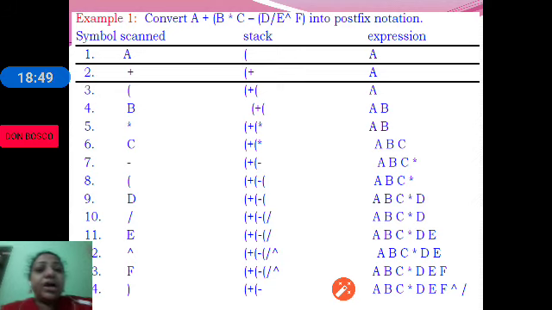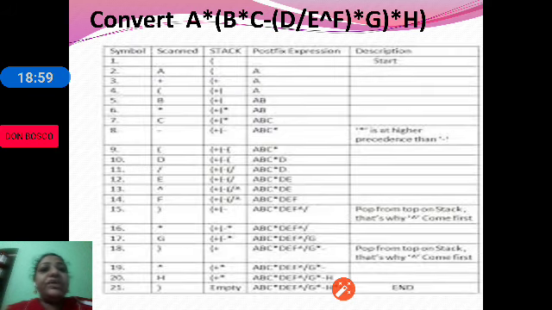This is how we can convert an infix expression to postfix. We shall have a look at one more example, where we are converting A into (B into C minus D divided by E to the power of F) into G multiplied with H.